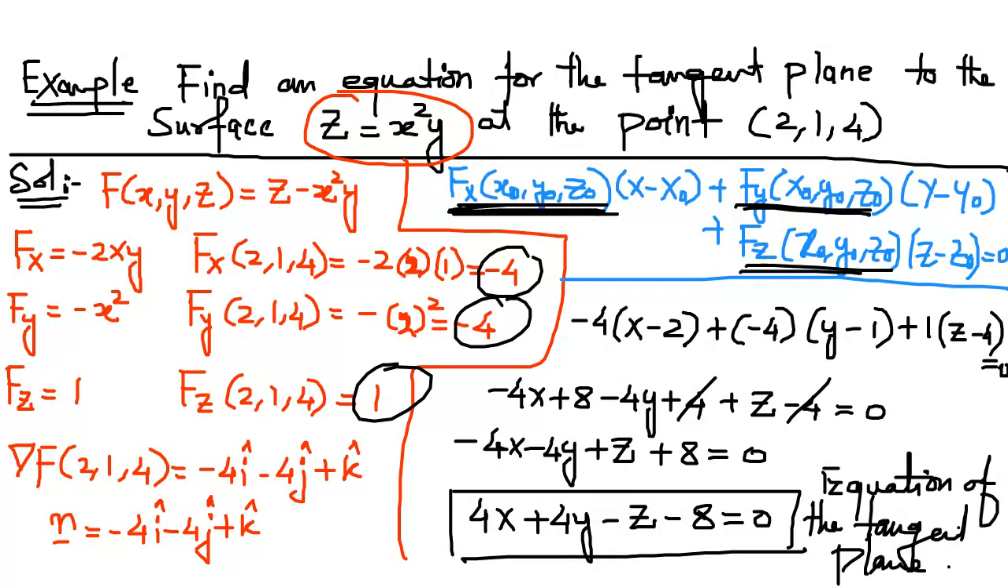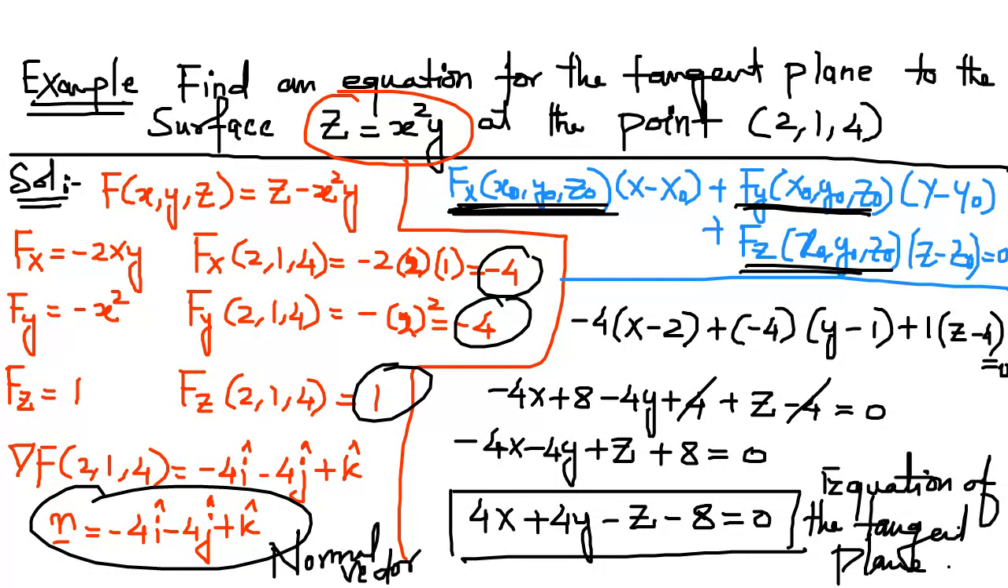So this is how you can calculate the normal vector and the equation of a tangent plane. This is the normal vector. Okay, if I ask you to find the normal vector, you have to just find the normal vector only. Okay, if I ask you to find the tangent plane, then you have to find the normal vector and the equation of a tangent plane both. So don't confuse these two terms, normal